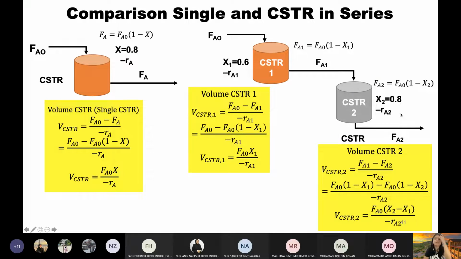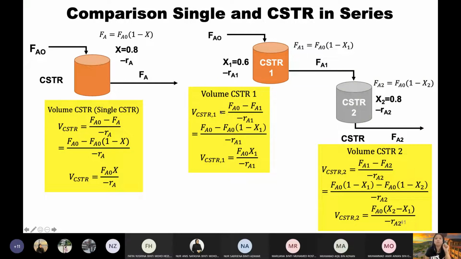So, what does this mean? Meaning the conversion from the first reactor was 60%, and they further converted A until it is now 80%. So in the first reactor only 60% of A was converted, and in the second reactor 80% of A is converted. You can see the conversion increases. Do you understand that? Now we talk about the design of the reactor, how to calculate the volume.